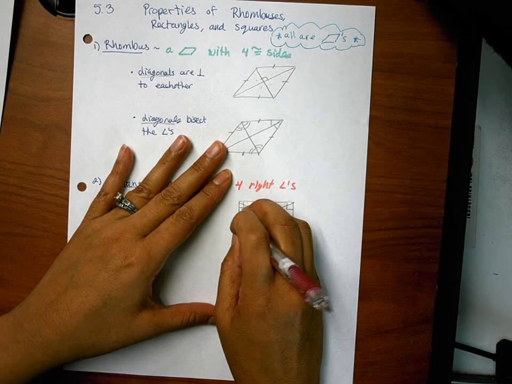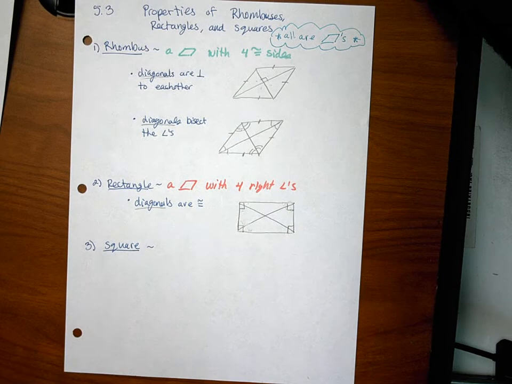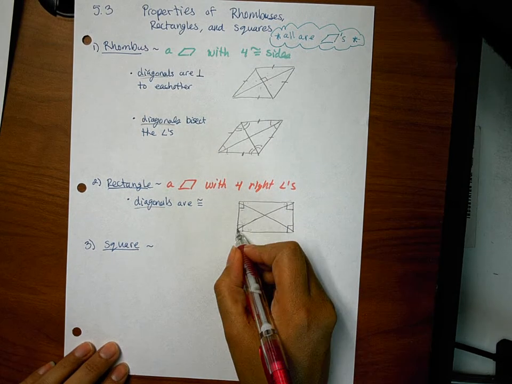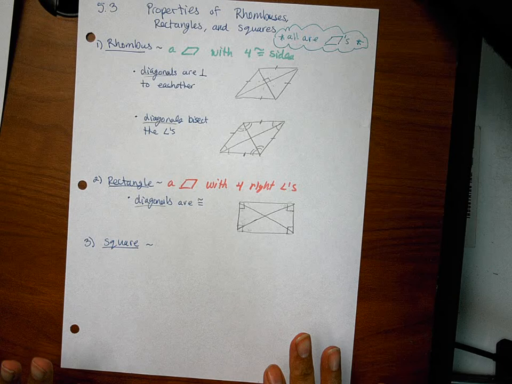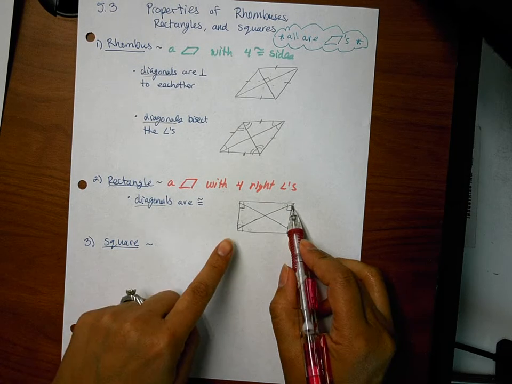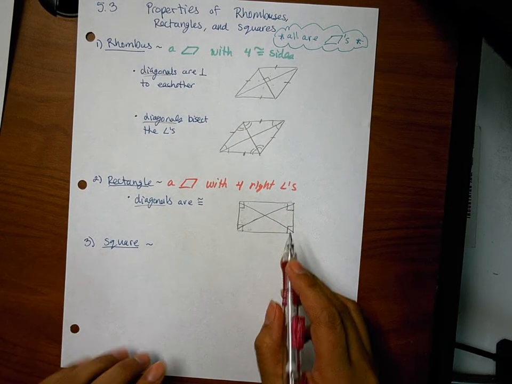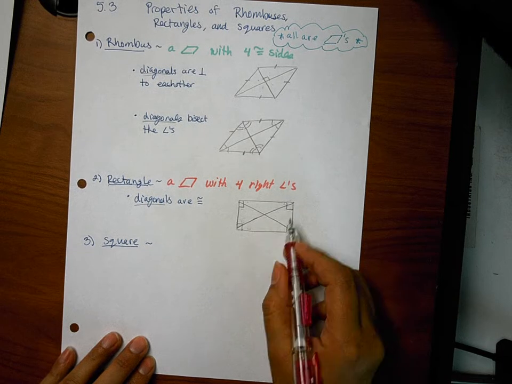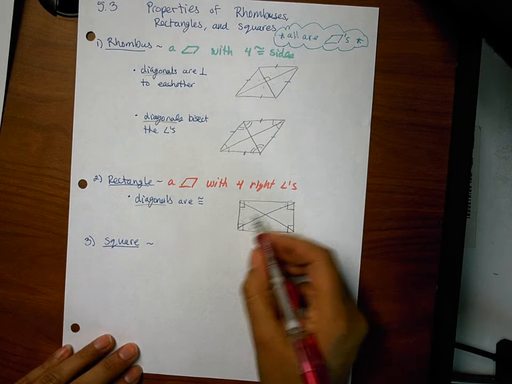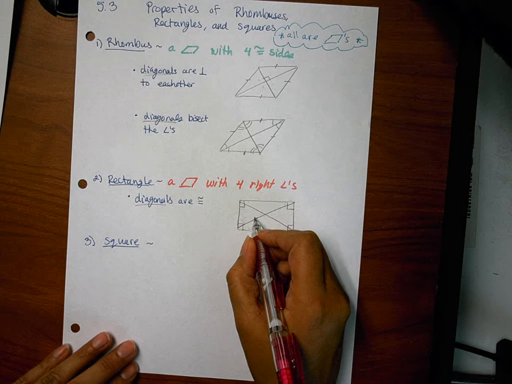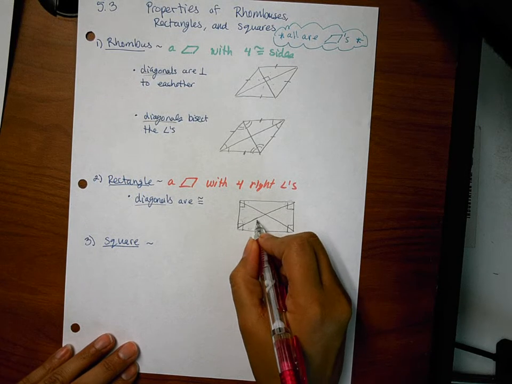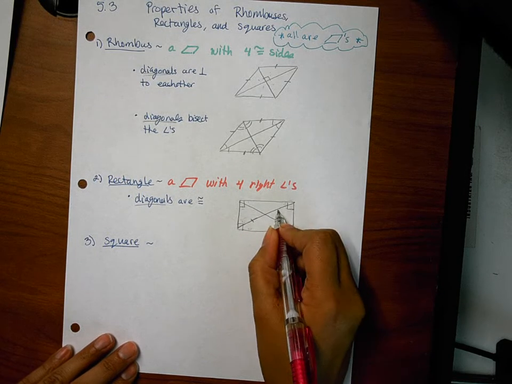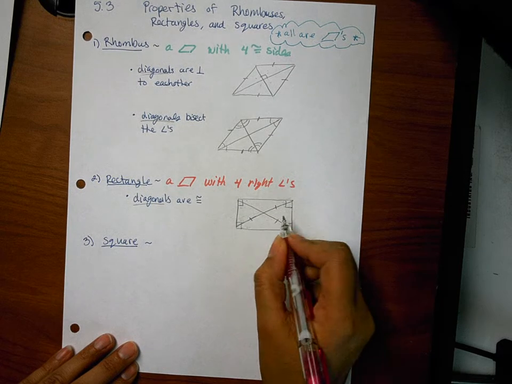Kids often say, oh, it's 45 and 45 because together that makes 90. No. That's for a square, yes, but not for a rectangle. All right, so if there's anything you take away from a rectangle, it should be that we know diagonals bisect each other, but they're actually equal as well. So if you take two equal segments and cut them in half,